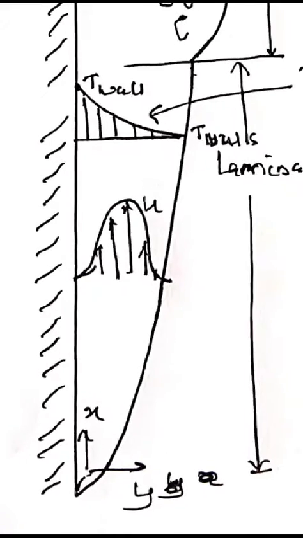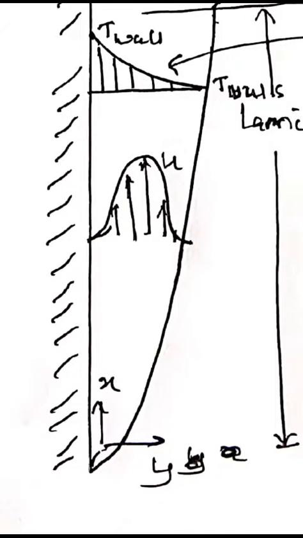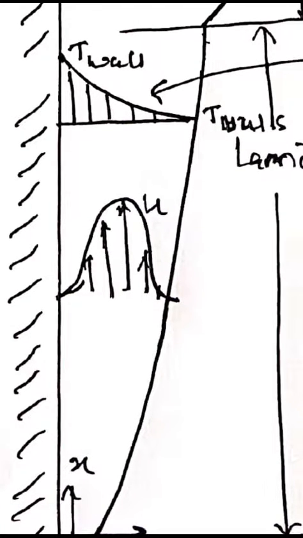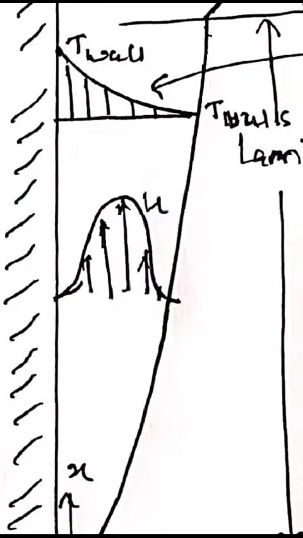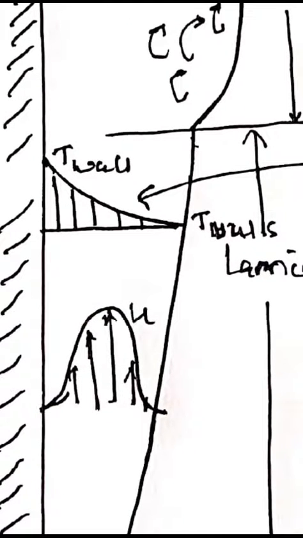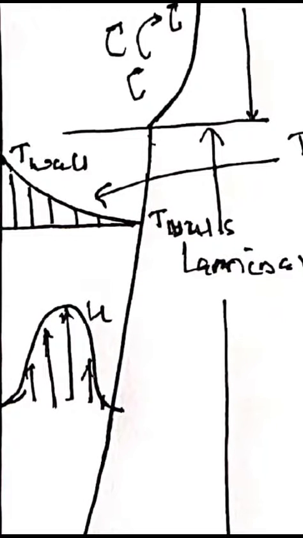Now we can see the velocity boundary layer near the heated plate. Velocity of the fluid particle is 0 at the plate surface and at the edge of the boundary layer, and velocity is maximum somewhere within the boundary layer. The temperature profile is also shown. Temperature is maximum at the wall surface and decreases as we move away from the heated plate, and at the edge of the boundary layer it is equal to atmospheric temperature.